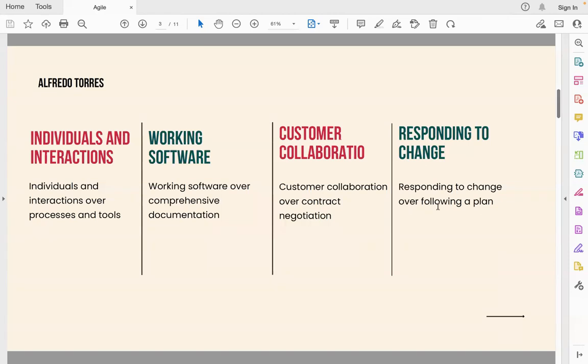The principles of the Agile Manifesto. We have individuals and interactions, working software, customer collaboration, and responding to change. So, customer satisfaction through continuous valuable software delivery, accommodating requirement changes in the phase of development. Agile welcomes changes at every phase. We have collaboration between business teams and developers on a daily basis, and deliver greater support, trust, and higher autonomy to the team members. So individuals and interactions are over process and tools.